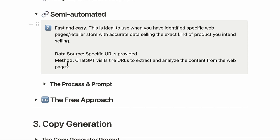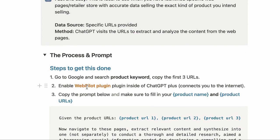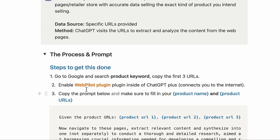So just copy the links. Now this is the prompt. We'll still use the web pilot. Now one more thing is you can decide to play around with the web pilot and the Bing browser. I've tested it, but if I were you, I'm talking about myself, I'll actually use both. Don't worry, this same approach and process is what you use, but I'll use both, and I'll not take my time to bring from this out to this. That's what I would do. But then, as I've said, if you don't like stress,